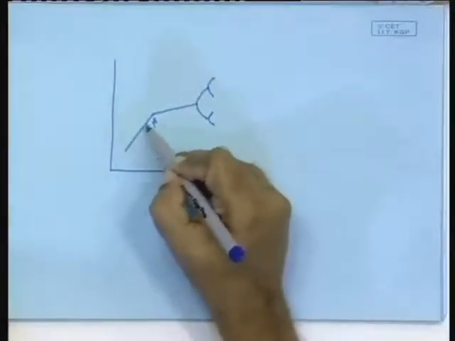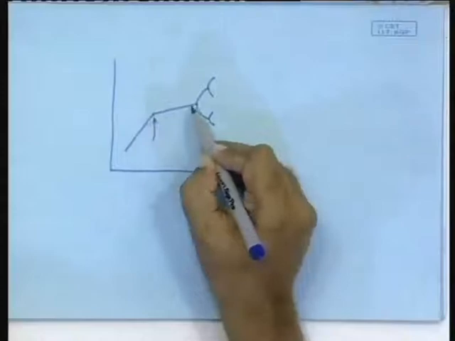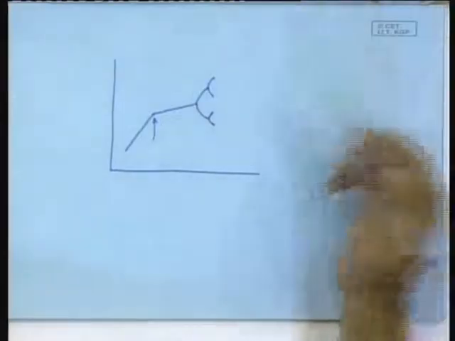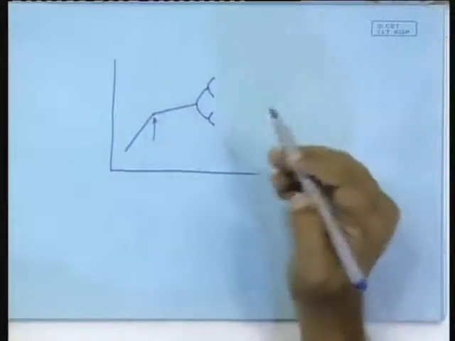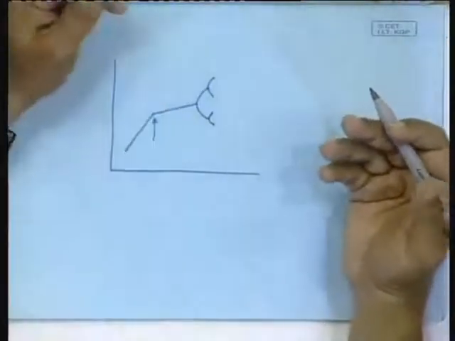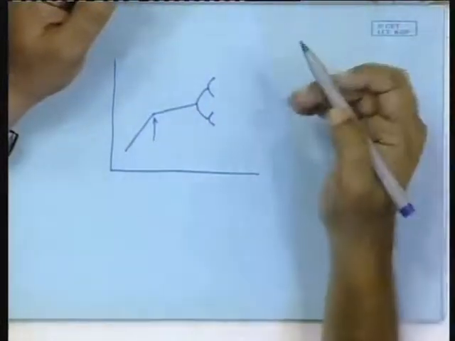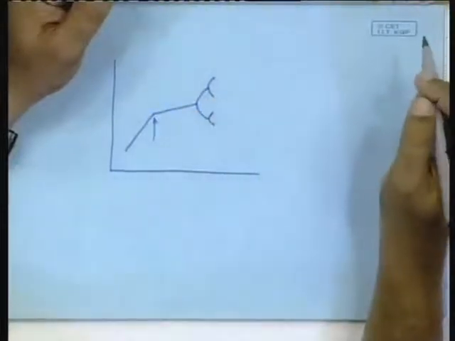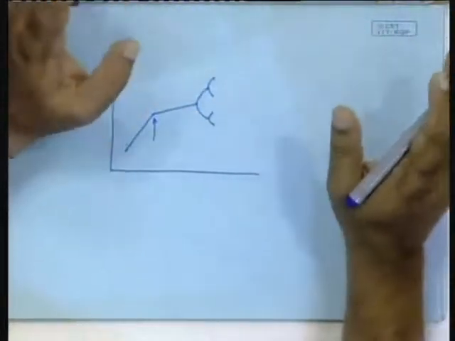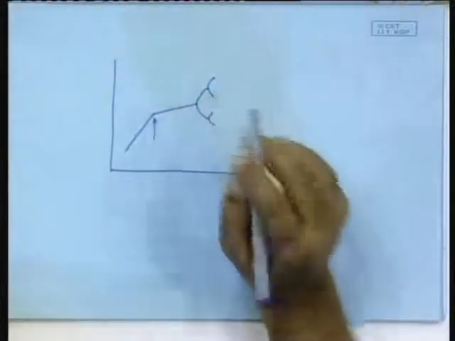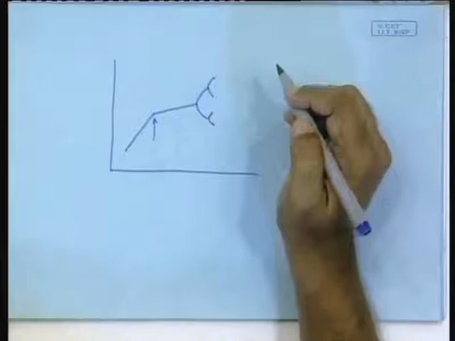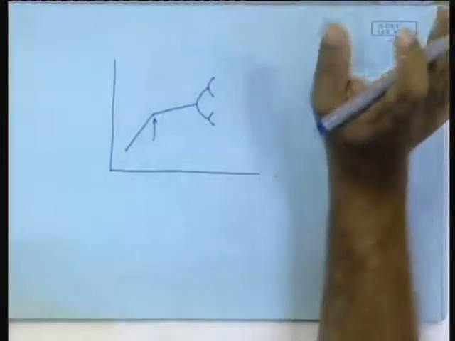Obviously, we can see that there is a sharp bend in the bifurcation diagram, and if the map is smooth, we do not expect this kind of a bend, right. So, if we encounter such a bend where before the bend and after the bend the behavior is period 1 or some other periodicity, but nevertheless there is a bend, then based on what we have learned, we would say that at this point there has been some non-smooth phenomenon occurring, and that should fall under the category of the border collision bifurcation, where a stable periodic fixed point hits the border and still remains a stable periodic fixed point.